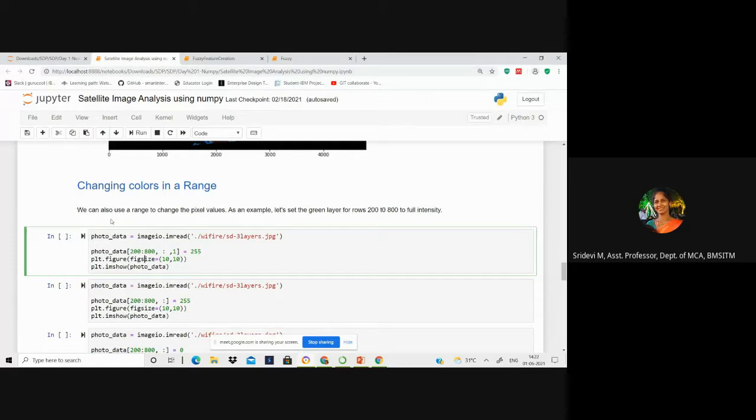Okay, now let us reload the image once again so that the previous changes will be nullified. Now this image is loaded and observe this statement carefully. From the 200th row to the 800th row, for all the columns, you are intensifying the green color with the value 255 and displaying the image.